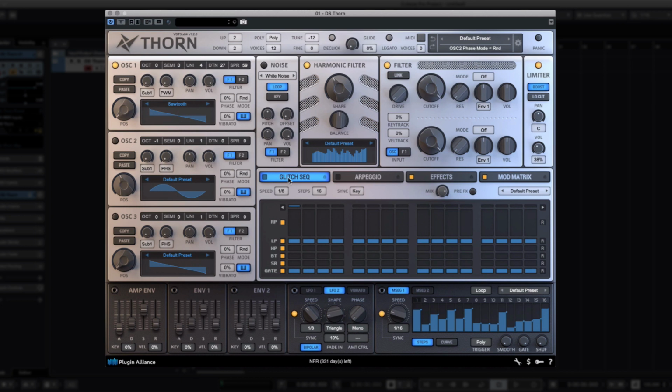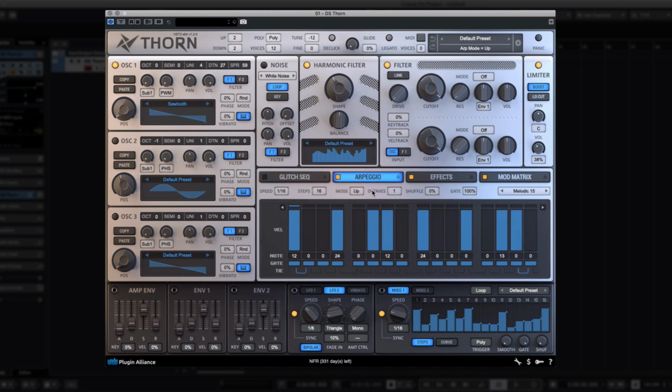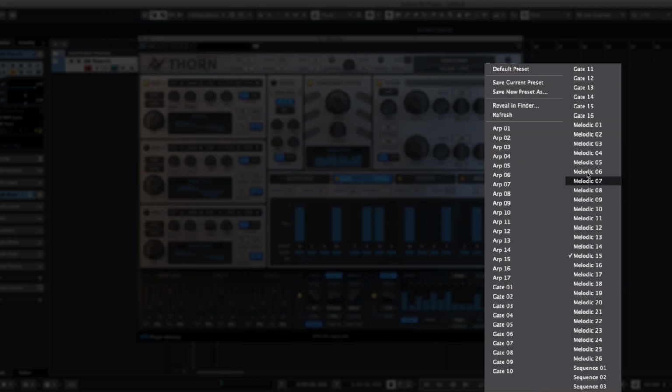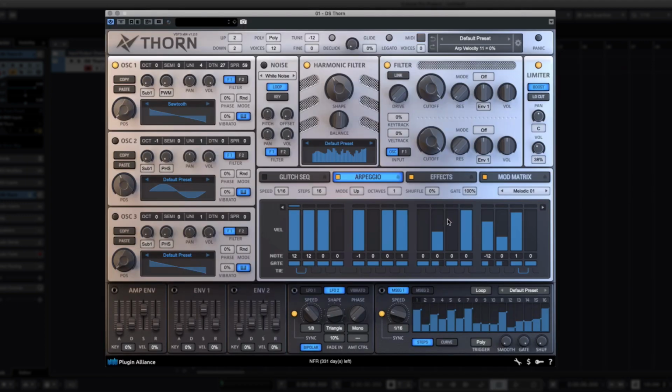And okay, let's move on to the glitch sequencer, which is the other thing that I really like about this synth. If we grab a little arpeggiator, let's just make a quick little sound here. We'll add a filter to this, using envelope 1 for our